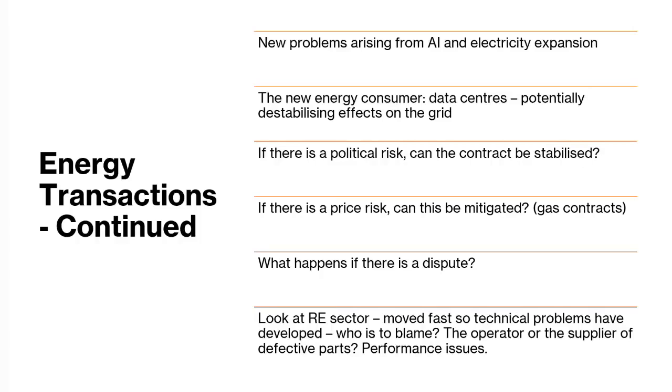And over time, as the market changes, and I'll say a few things about this later, one of the parties might say, look, we're losing money. Look at the gas price. It's way down. It's not at the moment, but it's way down. Gas is flooding the market. I don't want to buy your gas. Can I be released from this contract, please? Because I'm losing money. I'm having to pay you a huge amount of money, and if I go to the spot market, I can pay much, much less.